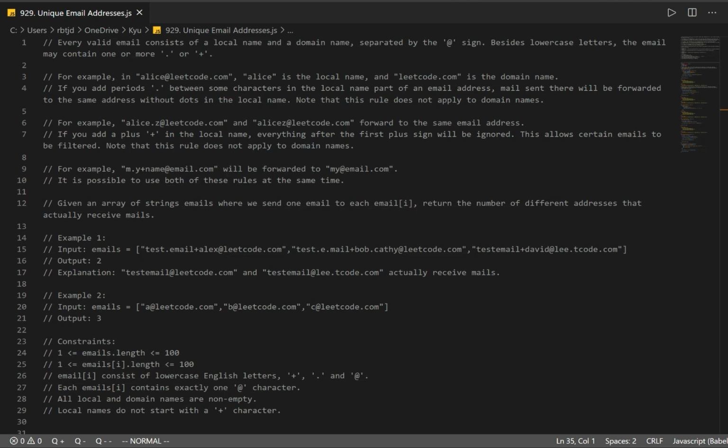Now let's go over question number 929, unique email addresses. Every valid email consists of a local name and a domain name, separated by the @ sign. Besides lowercase letters, the email may contain one or more dots, a period, or a plus. For example,